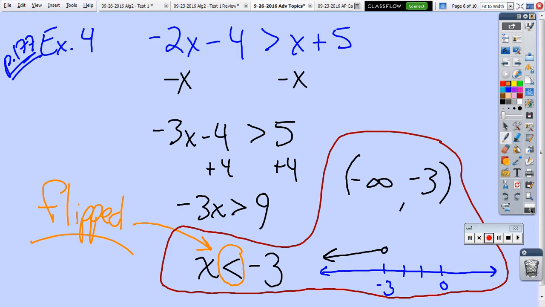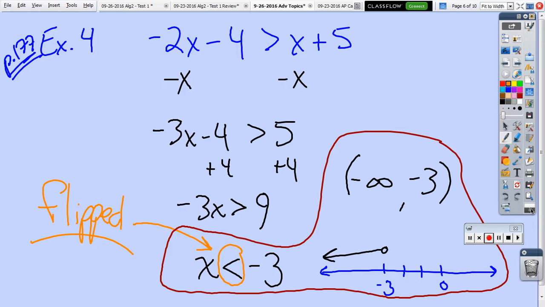Can you say that again? I had to flip the sign on the last step because I divided both sides by a negative value. Oh, okay. If it was a positive, you wouldn't flip the sign. So if this line said 3x is greater than 9, I would just divide both sides by 3, and it would not flip because I'm not multiplying or dividing